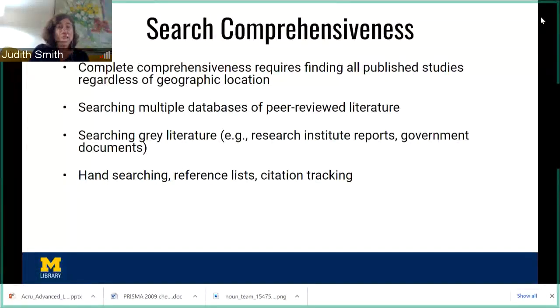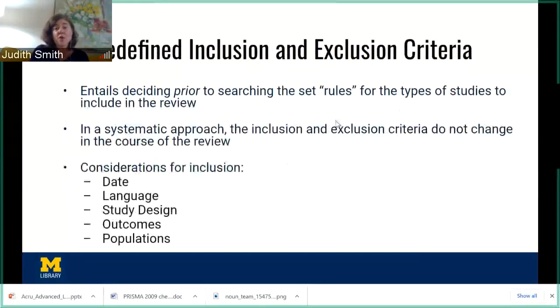However, the more systematic you are in your approach, the more robust your project. So even if you're doing a narrative review and you're not intending to be 100% comprehensive, for example, you can still take elements of being systematic in approach and include them in your methodology.